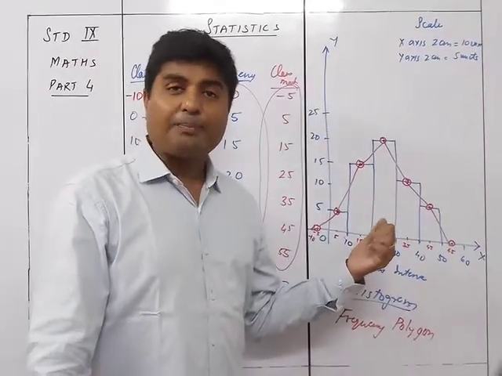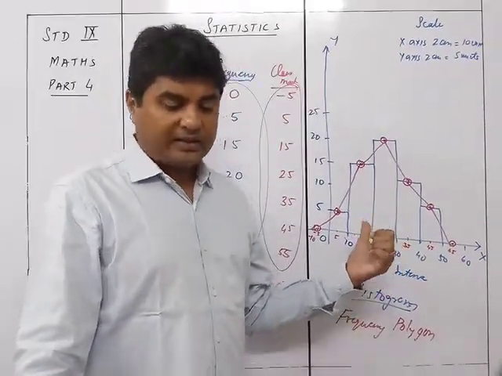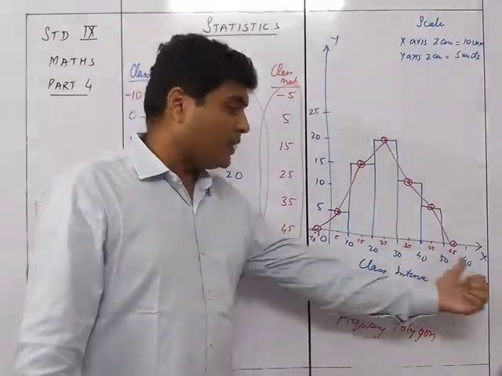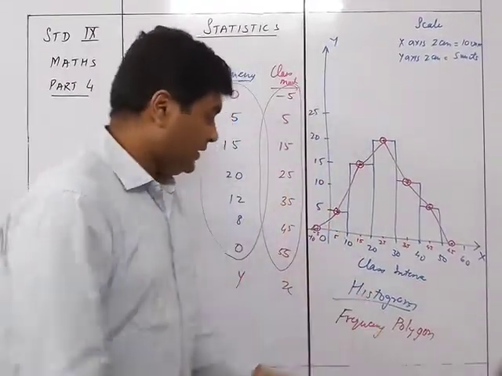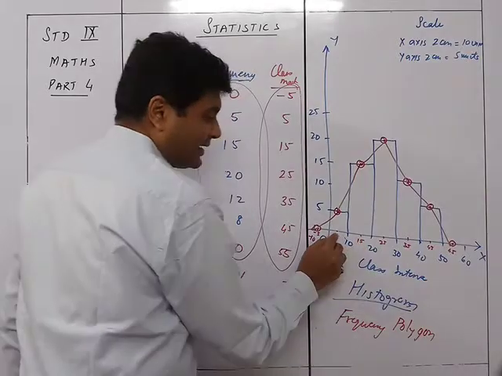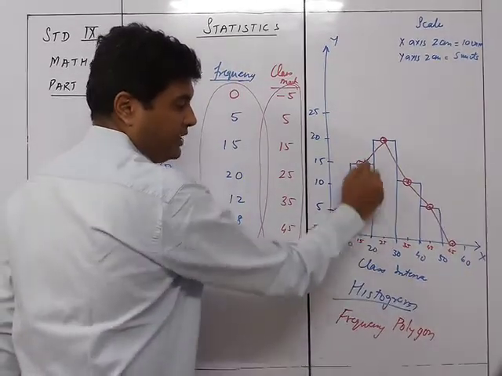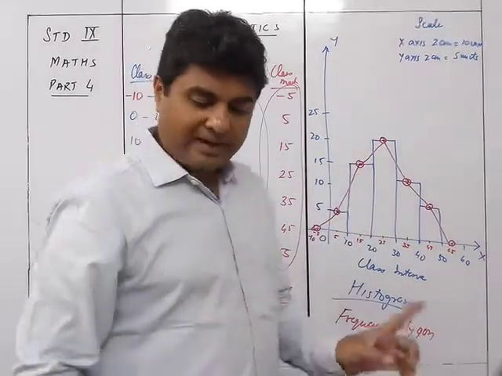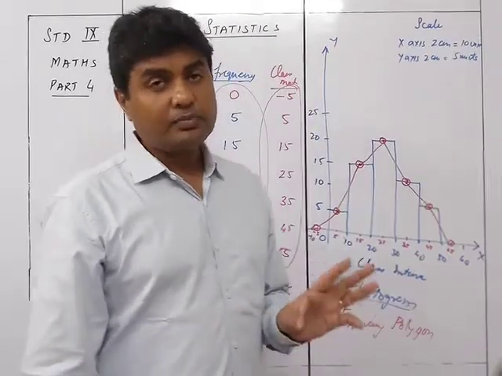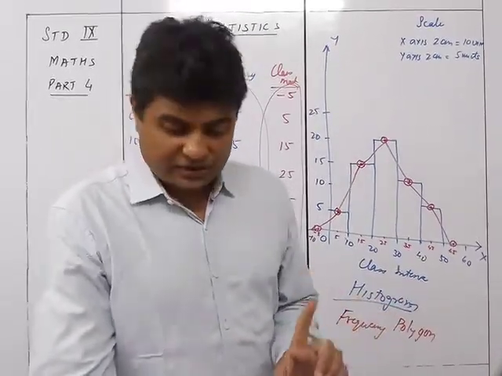So we are taking those particular midpoints over there, and that's why. But when you are writing over here, you are going to write 10, 20, 30. Meaning, you write 10, 20, 30 but where do you mark? At 5, at 15, like this. Okay, so that is the difference between the frequency polygon and the histogram.